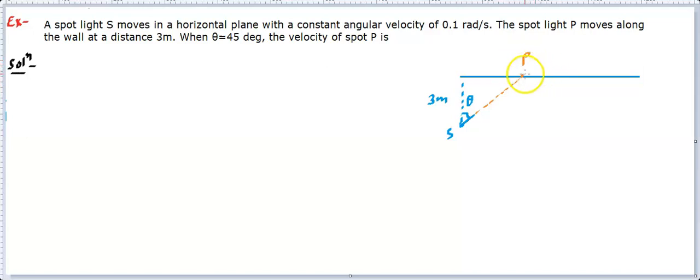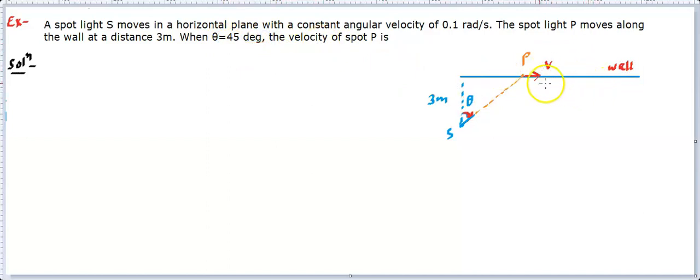And this is the wall. So this point will have a velocity in this direction. This is the velocity we need to find. So what is happening? This is a spotlight like a torch or something, and it is being rotated. At any instant the angle is theta, and over time this theta is going to grow. As theta increases, this spot will be moving along the wall. We need to find this velocity v when theta becomes 45 degrees. So this is the associated picture.